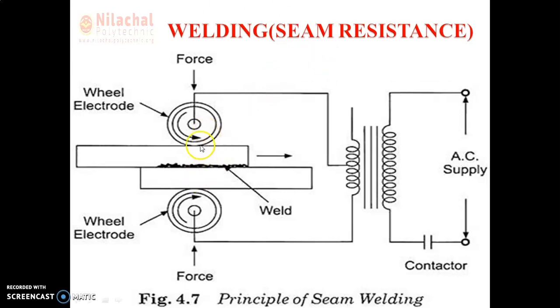Due to friction, because when these sheets are passed between the rolls, friction also takes place. So due to that friction and the heat generated, both create heat in the electrodes. To cool down these electrodes, we are applying water nozzles here. We apply the water to cool down these electrodes, so that sticking of the metal plates is avoided, to avoid melting of the electrode, or to safeguard the electrode. So this is the working principle, or principle of operation, of seam welding.